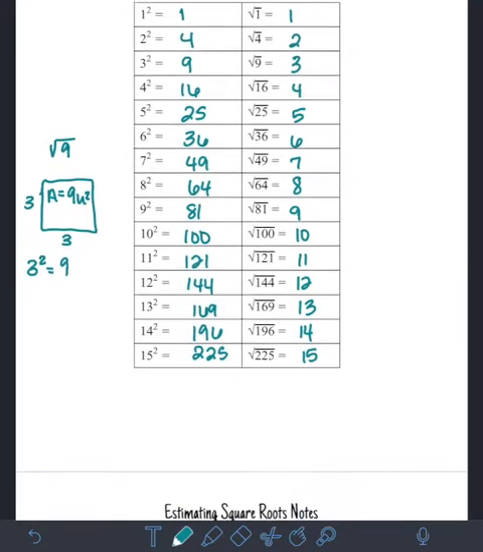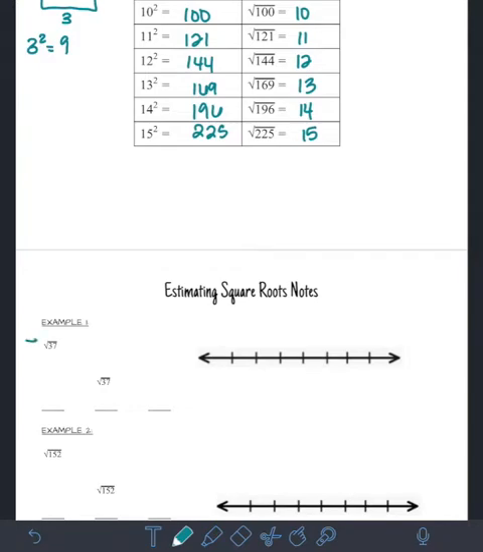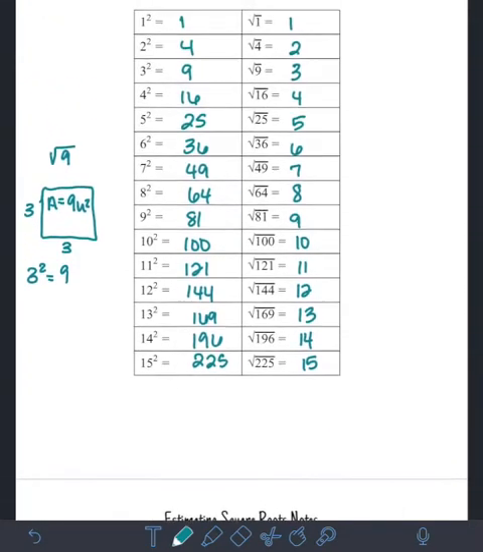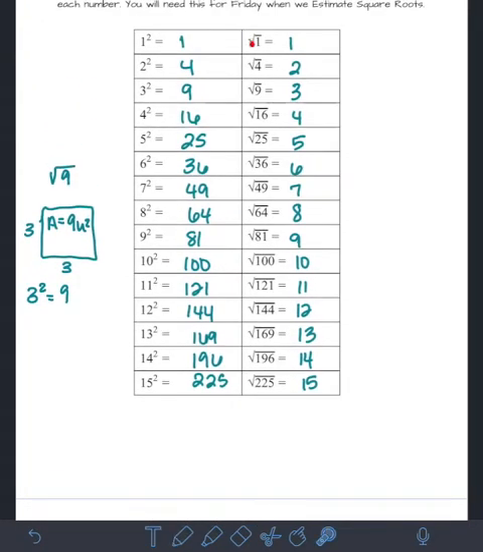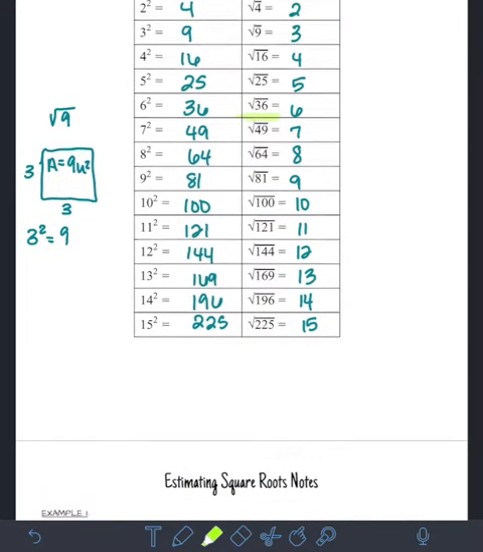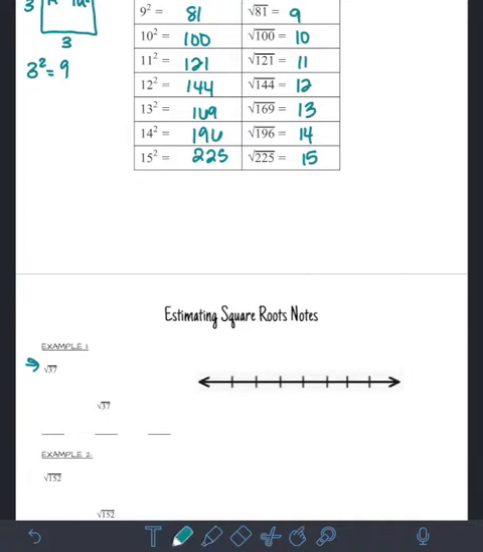So if we're going to look at the first one, we have the square root of 37. So if I go back up here to my list, I'm going to scan along my list and see what numbers 37 falls between. I see that it falls right here between the square root of 36 and the square root of 49. I know that the square root of 36 is 6 and the square root of 49